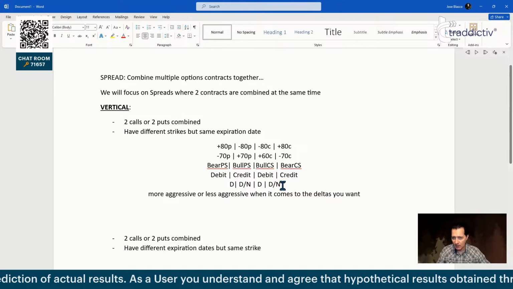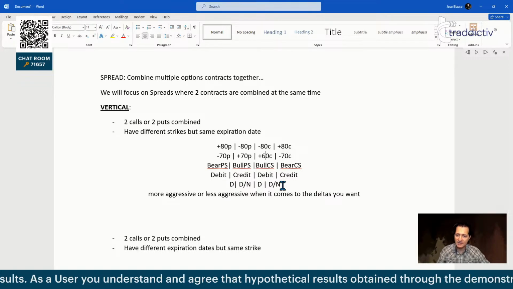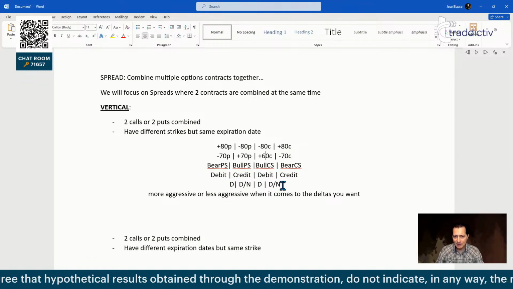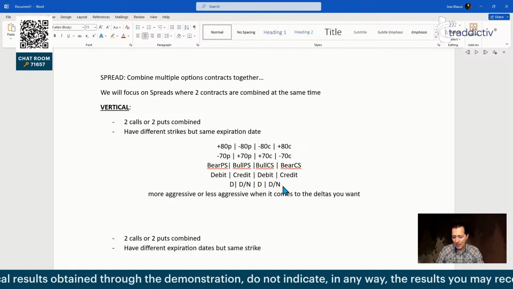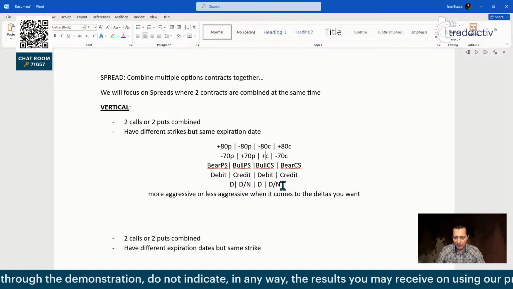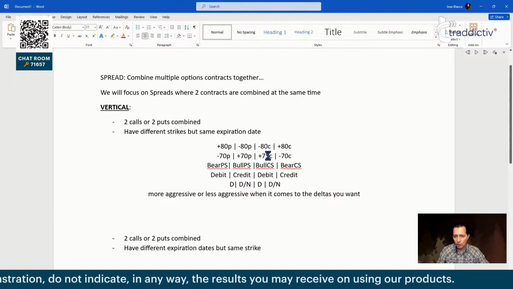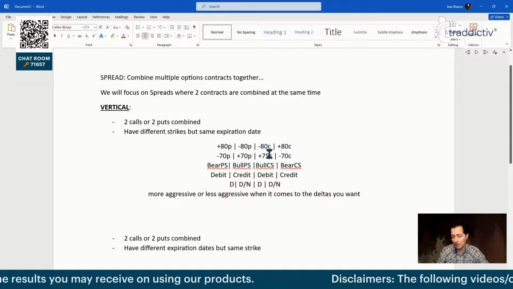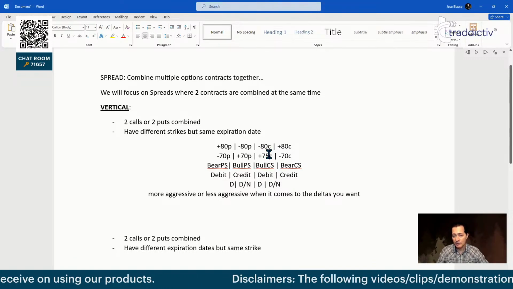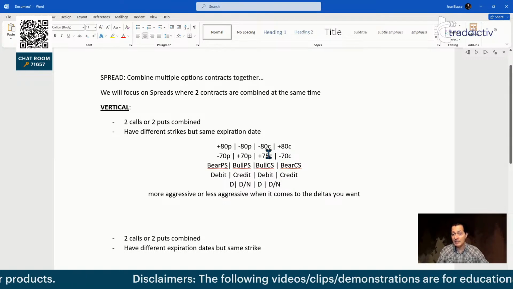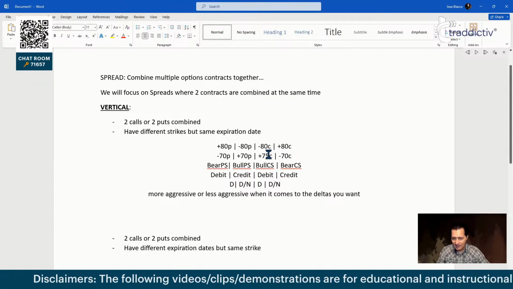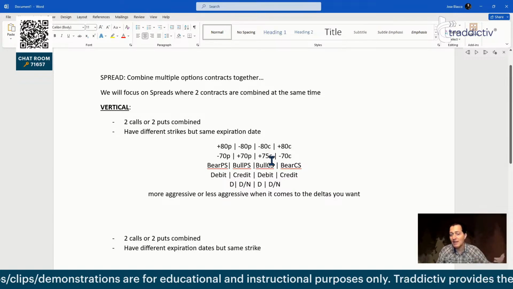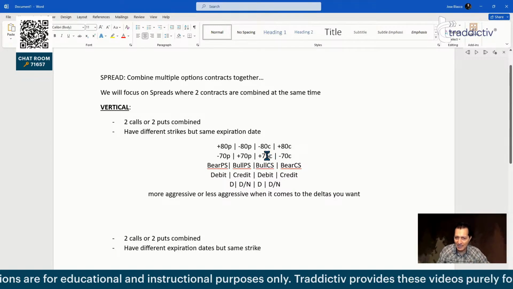You are more aggressive, but it will cost you more, so you have more risk. Or you could say, okay, wait a moment, the current price is 70, but I'm going to buy the 75-80. So you push the whole spread higher. So you are actually buying options out of the money. So they have less delta. So they're going to be cheaper. So the most you can lose is less. But again, the probability of profiting is less, so you have less risk, but also the potential for reward is less because your delta is less.